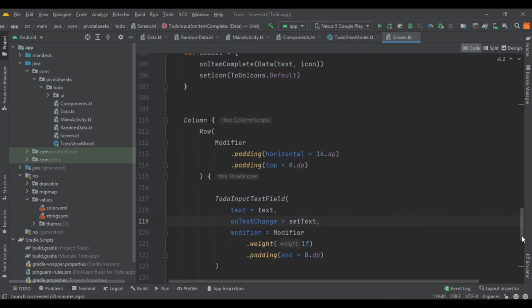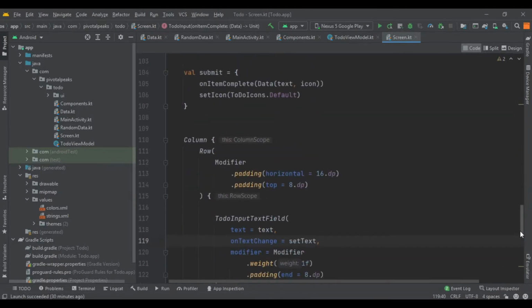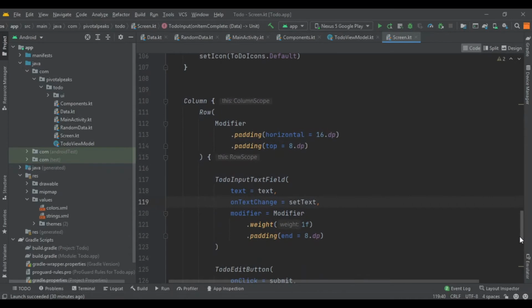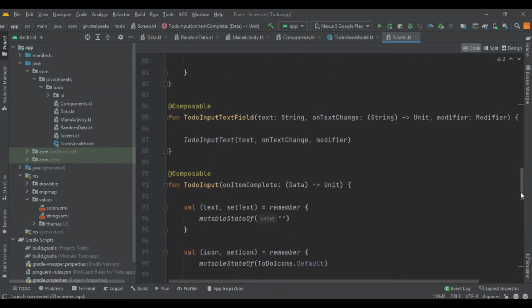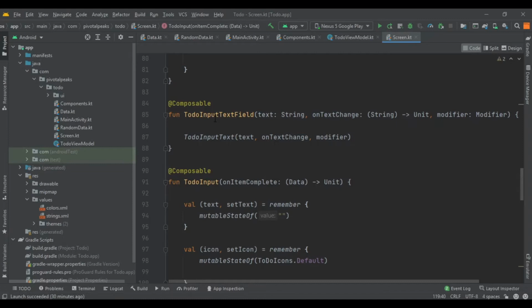So let's see what went wrong. I realized that I made some mistake. First things first, I should not have made this function because it does not really mean anything.